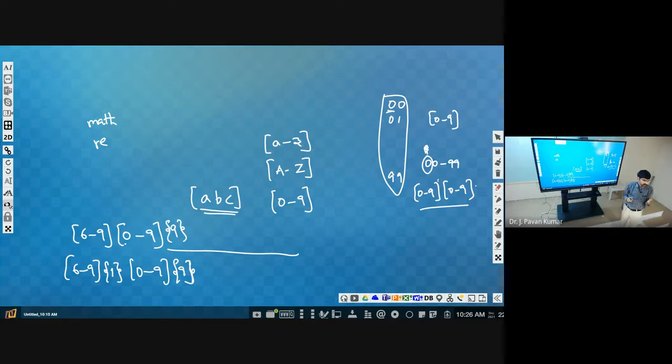This is a very important concept, not with respect to Python I am saying, it is an important topic with respect to computer science.